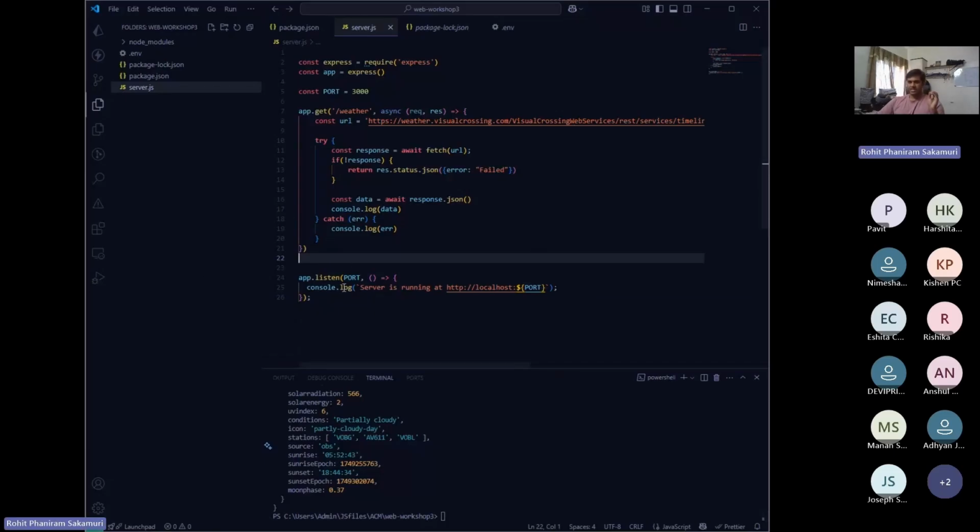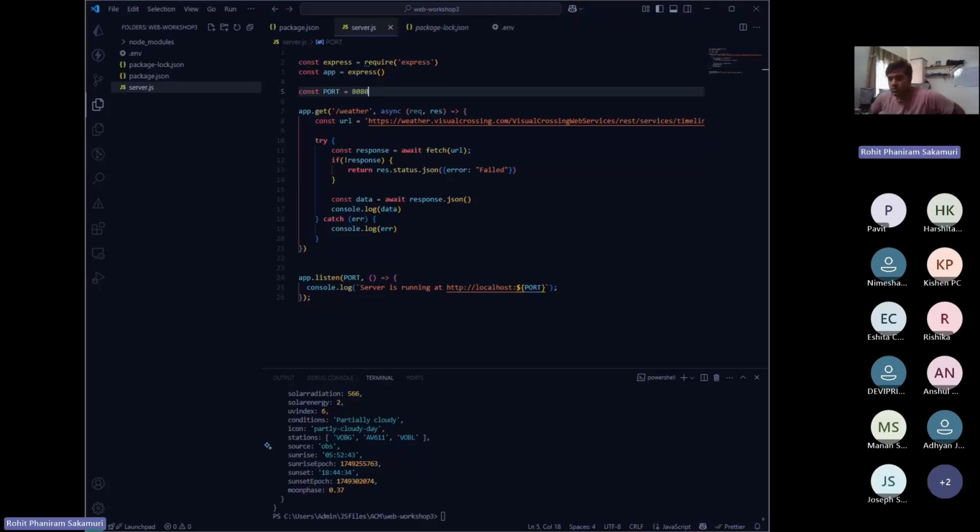So we have server.js right here, right? Now, what I'm going to do is, this is the same. So requiring Express, app, getting out of Express, and the port, I'm going to change it from 3000 to 8080, just to show you guys that it can be anything, right? What I'm going to do then is,